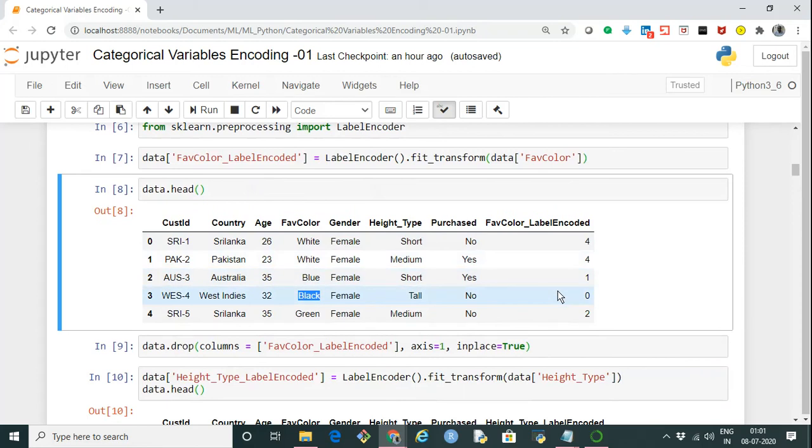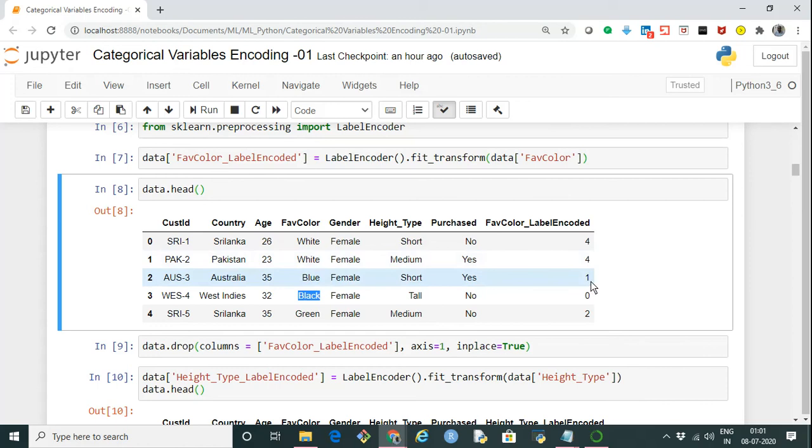If you see this favorite color label encoded, it actually assigns numbers to the different colors, or to the different categories of the categorical variable. Now the machine learning model can take it like this: number 4 is greater than number 1, so it can take this particular value to be more impactful compared to this value.